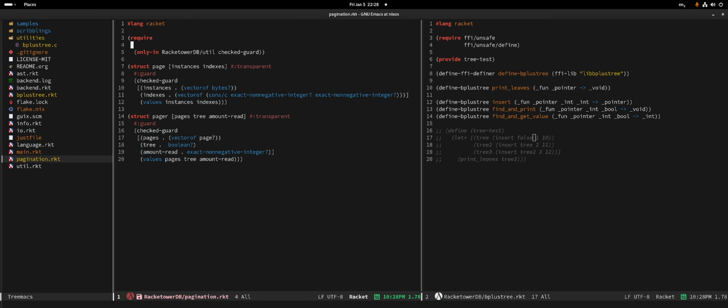FFI. Do I need to put parentheses? I think so. Unsafe. You don't. You only need it if you plan to restrict what you're importing. Otherwise, don't bother with parentheses. No, but it's not gonna be. Well, yeah, it's not gonna be. Oh, it is now. Okay. Very interesting.